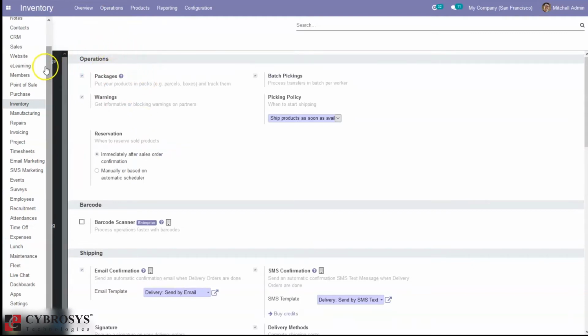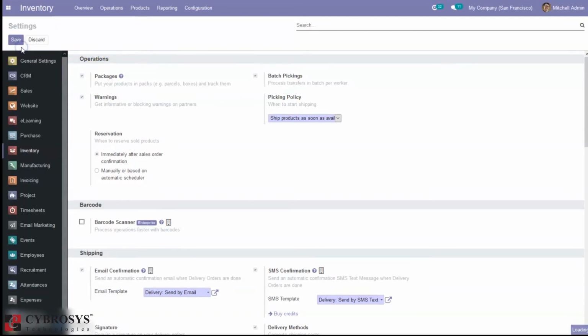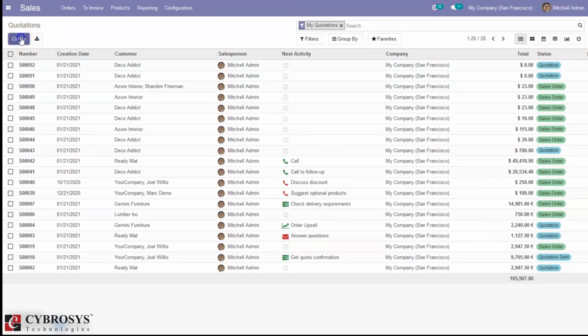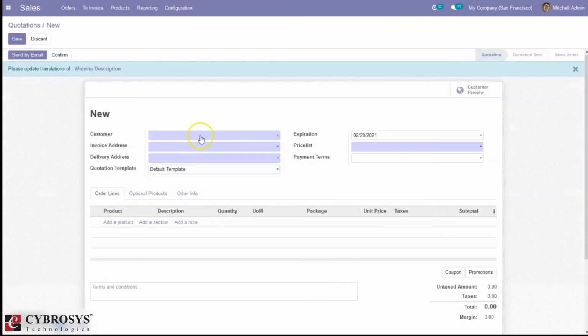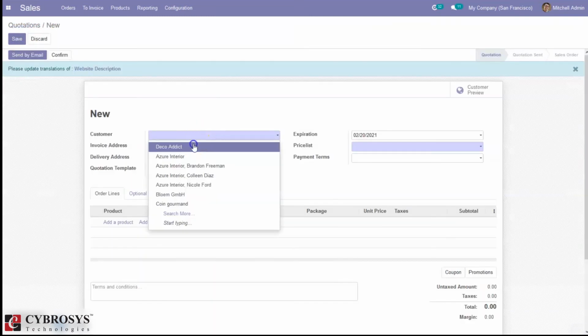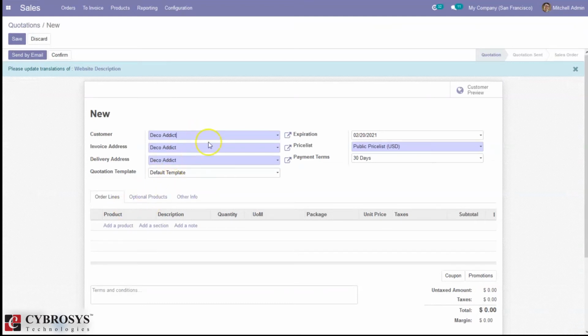Now let's create a sale order. Here we can set the customer; the invoice address and delivery address can be seen here.